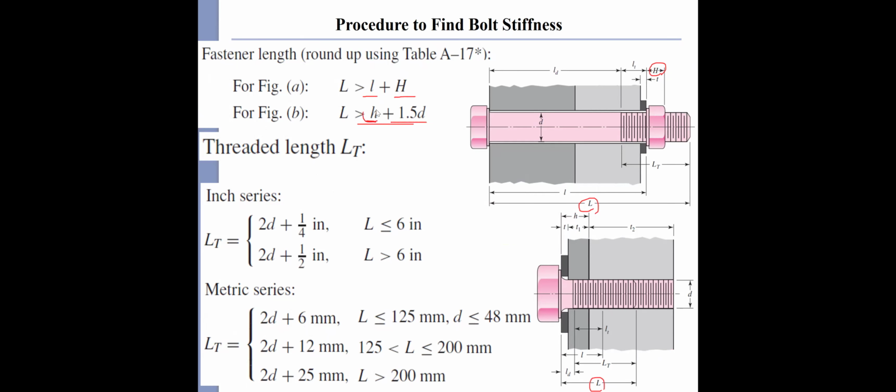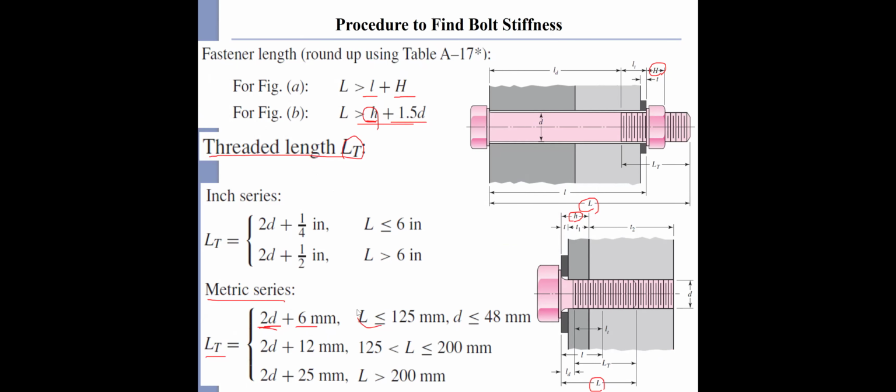Okay, and this lowercase h here is the thickness of the washer and member one, the first member, T1. And for the threaded length, LT, let's just look into the metric units. So LT equals 2D plus 6